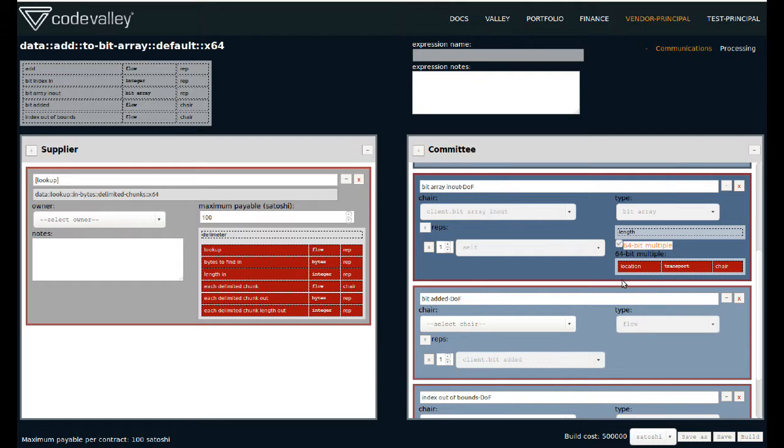We have to at least automate for the catch-alls of committees so that our vendor doesn't ever stall a build. This is why the vendor principal pre-selects the catch-all for you. There is one spec for the bit array committee, the length of the bit array, and one term, the location